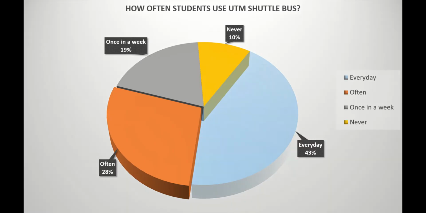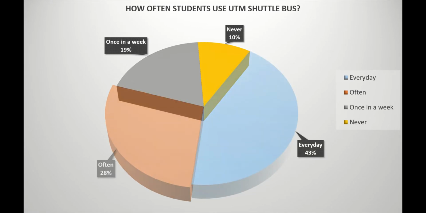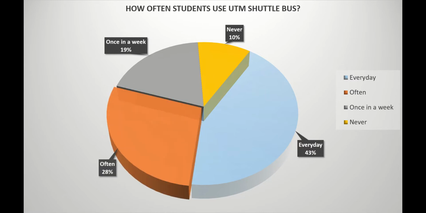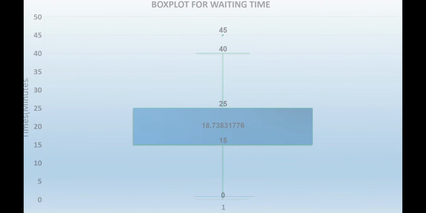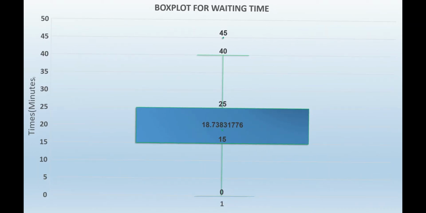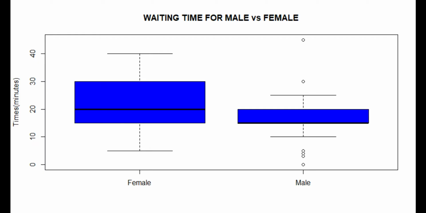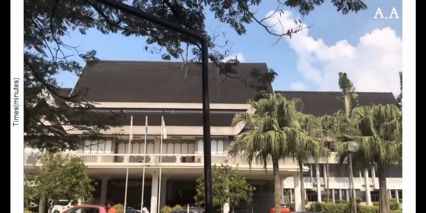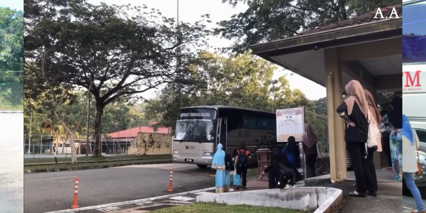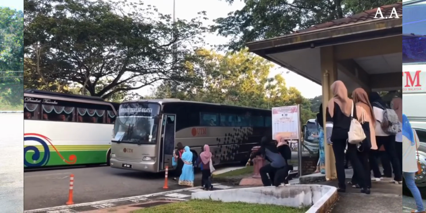Here we can see that every day quite a lot of students use the UTM bus service. On the contrary, 10% of the responders never take this service. 28% of the responders are often bus users, which is not a bad figure. In our survey, we found out the average time for most of the students to wait for a bus is around 19 minutes. When we differentiate by gender, we can see that female students have to wait longer than male students. Following that, male students often wait a shorter time for the bus. Meanwhile, the most frequent waiting time counts from 0 to 30 minutes.